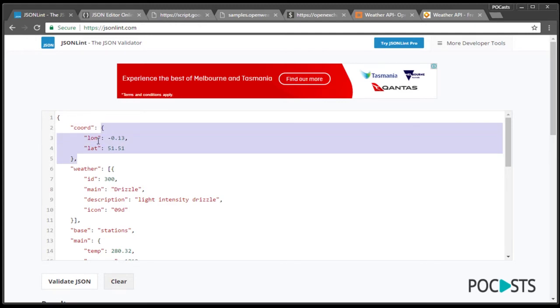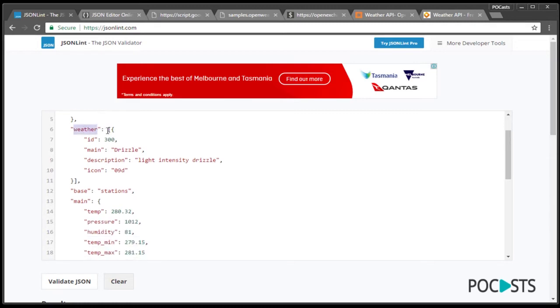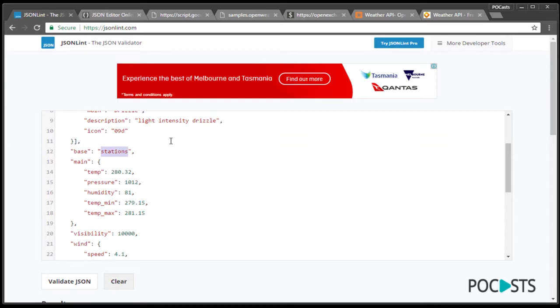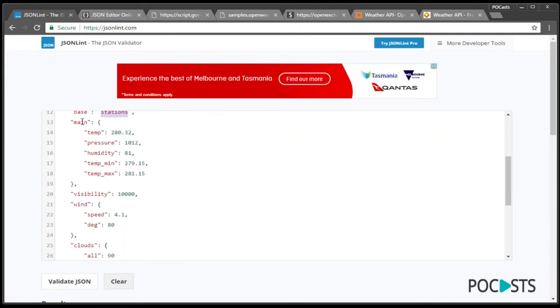It's an object with two key value pairs. Weather is an array of objects. It's an array and has an object in it. Base has a station as a string value. Main is an object, and temperature has a value of numbers.